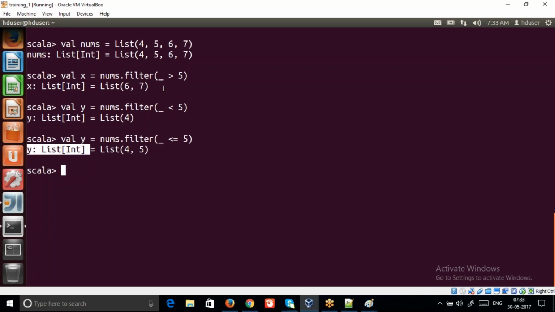So instead of going through each record two times, there is one more API called partition. I can say val x comma y, and directly assign in this fashion in the form of a tuple. I can say nums dot partition, and provide one logic,